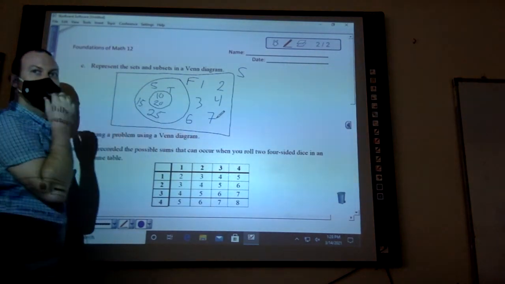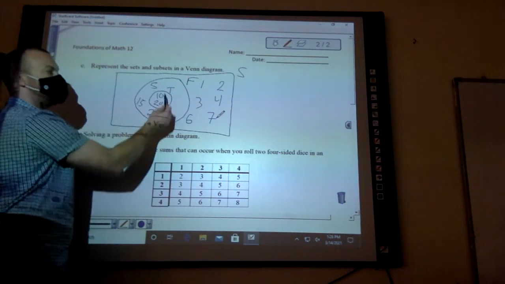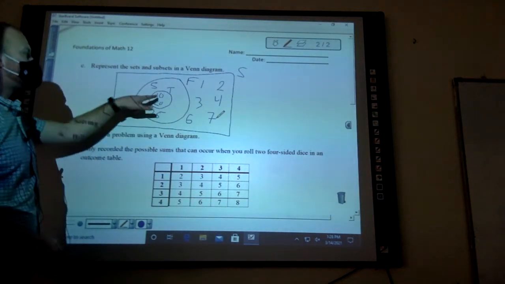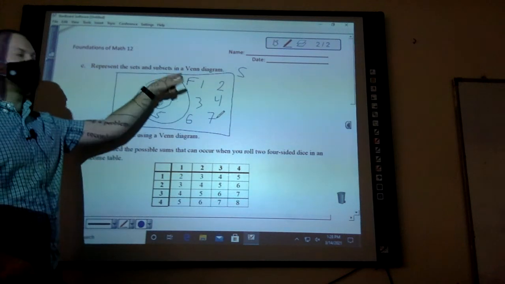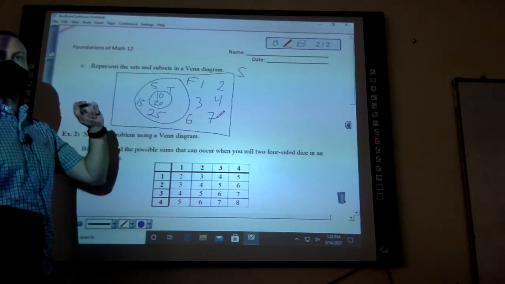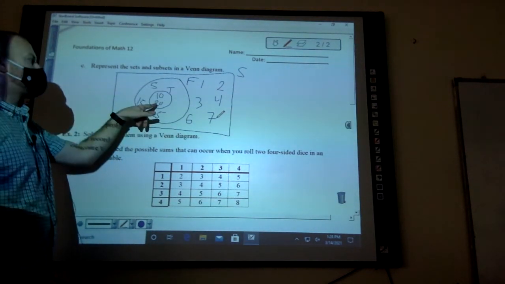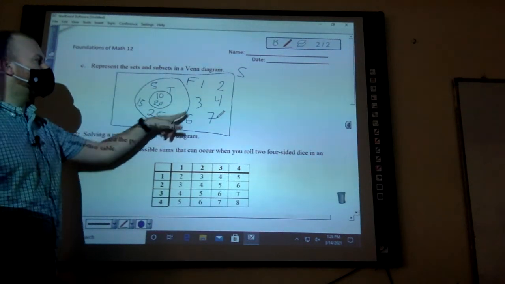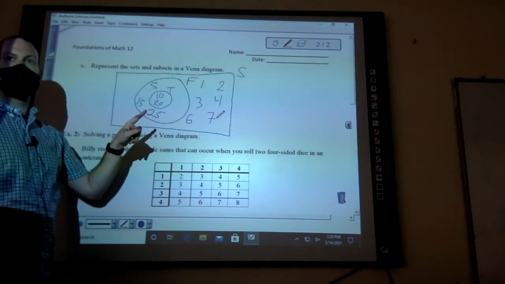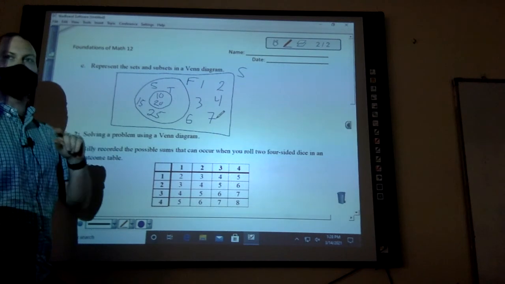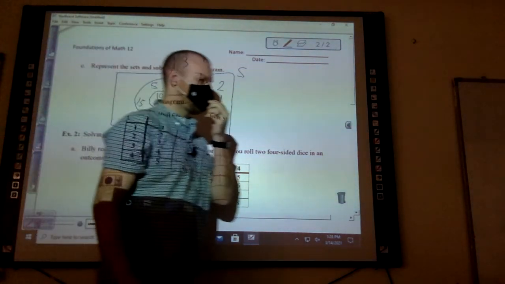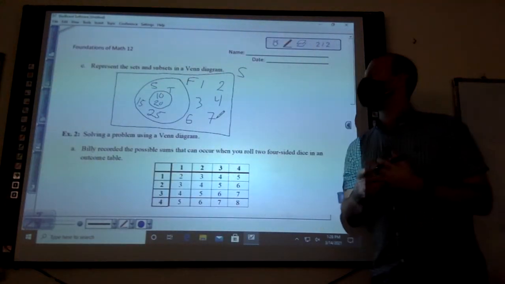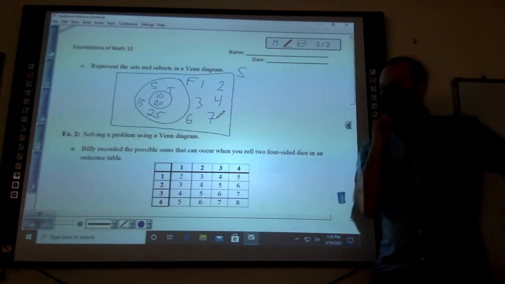Or inside the other circle? This one's inside. So 10 is still inside our things that are divisible by 5. Same with 20. 20 is still in this circle of things that are divisible by 5. They're just categorized inside of that. You can think of